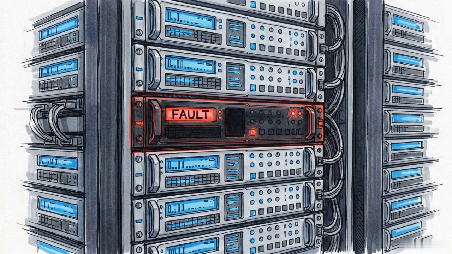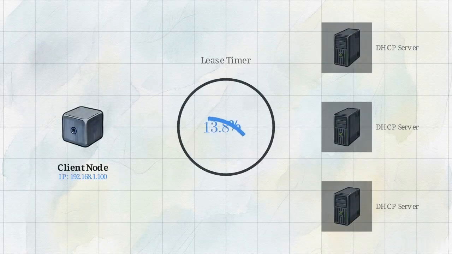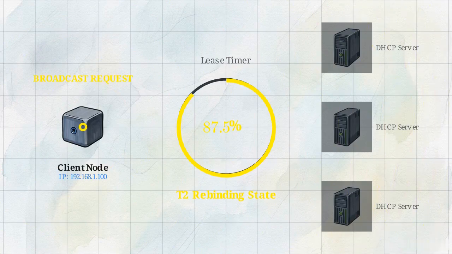What happens if the original DHCP server is offline or unreachable during the T1 renewal attempt? The client retains the IP address and continues operating until it hits the T2 timer threshold at 87.5% of the lease. Entering the T2 rebinding state triggers a broader search. The client abandons its direct unicast strategy and blasts a broadcast request to the entire network, requesting any available DHCP